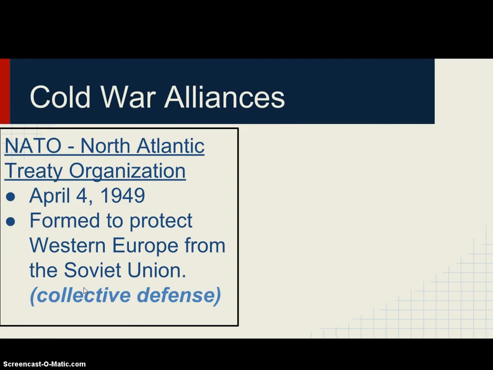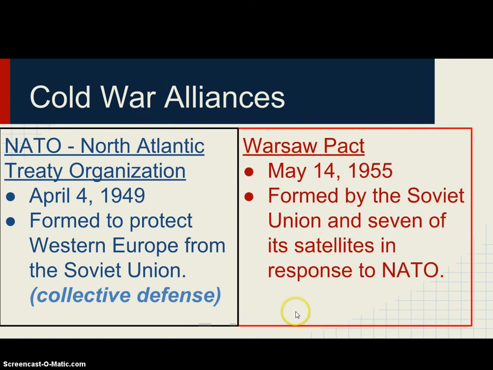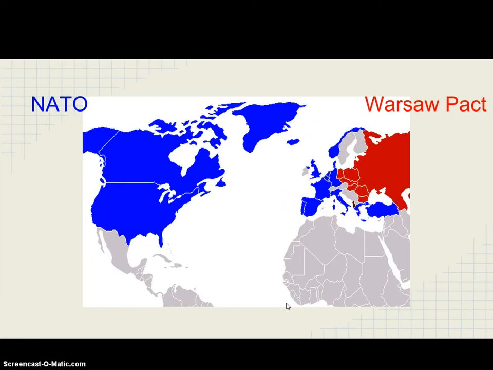During the Cold War, we had two major alliances. We'll look first at NATO, the North Atlantic Treaty Organization. It's formed in the years after World War II, and the whole idea was collective defense, some kind of defense mechanism against the Soviet Union, who then responds in turn with the Warsaw Pact. It is a couple of years later, but it's basically the Soviet Union and 7 of its satellites, 7 fellow communist nations that look to the Soviet Union. They form their own alliance, so now it's one versus the other. Here's a quick little map showing you the red is obviously the Warsaw Pact, the blue is NATO.